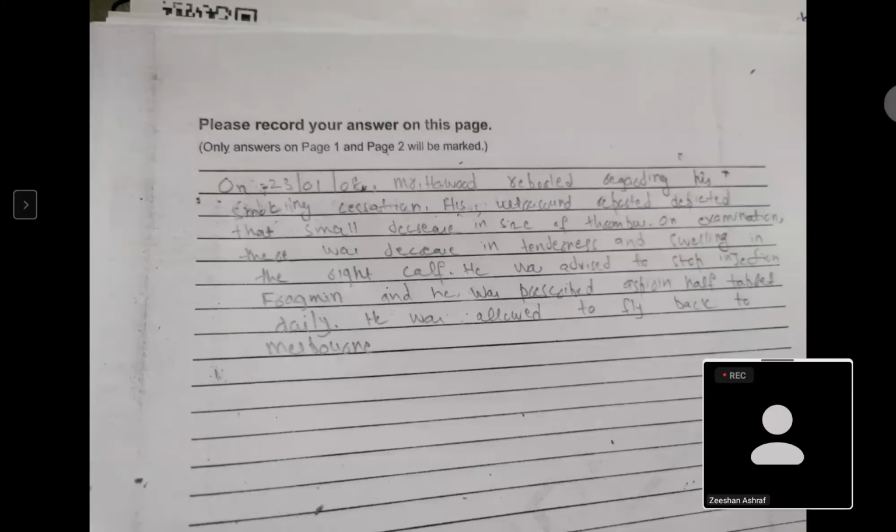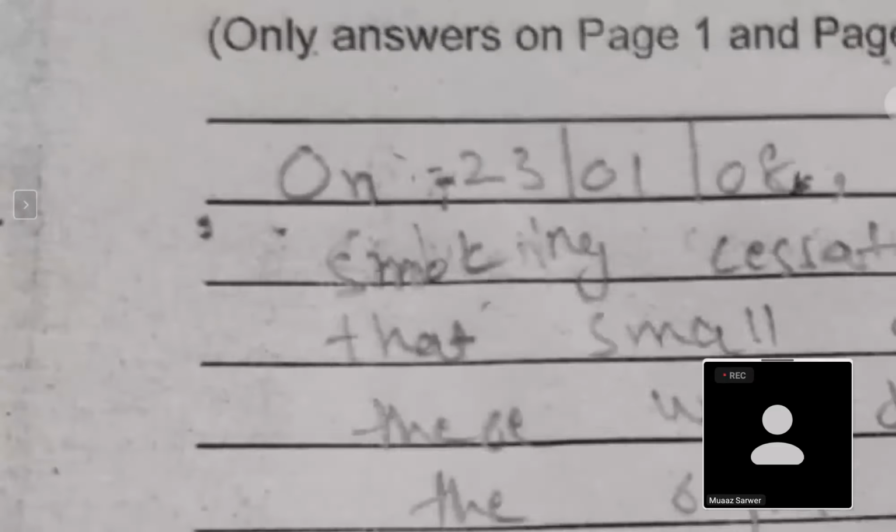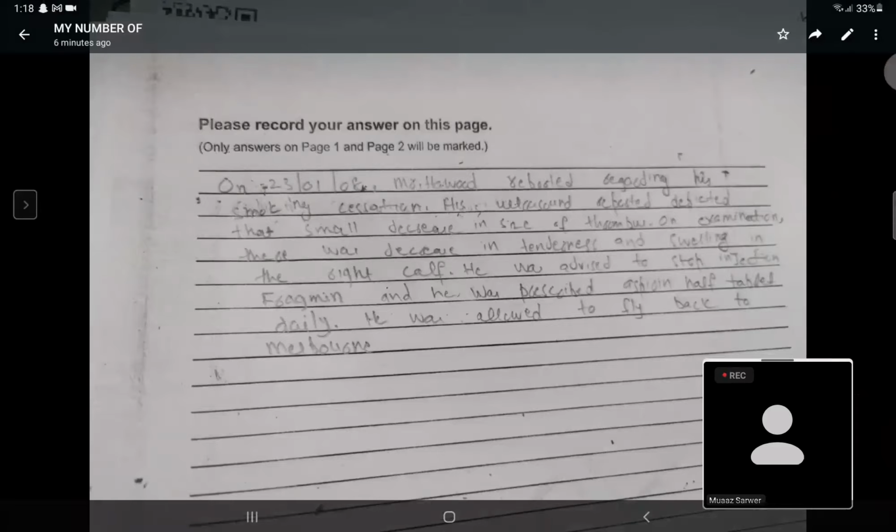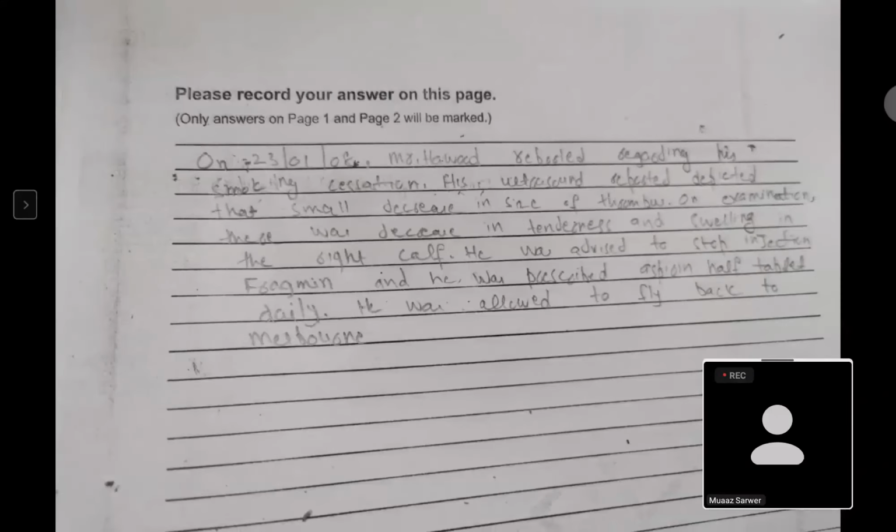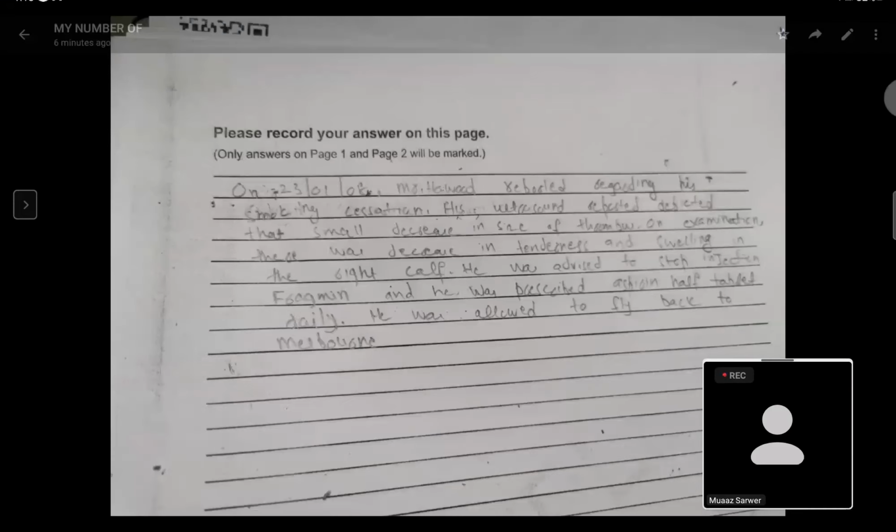All right, go ahead, Dr. Moaz. What is incorrect? On examination is right. What is incorrect? The O is very small. Look at his O here, very small. Yes, he's right. Oh, this is such a big O. Now look at the O over here. It's so small. Dr. Zishan, please don't be miser. Be very nice and be very generous. I don't know what sakhi is called in Urdu. I totally forgot that. Okay, go ahead, please.